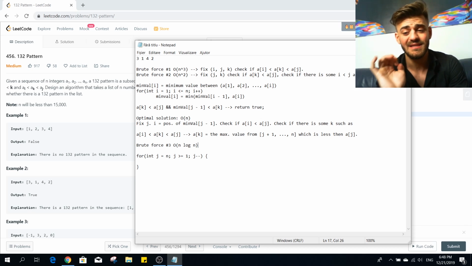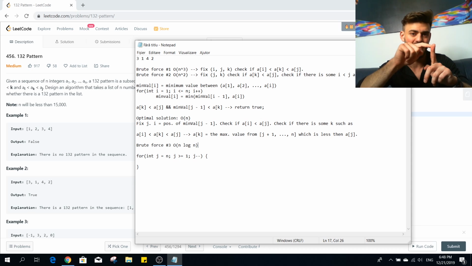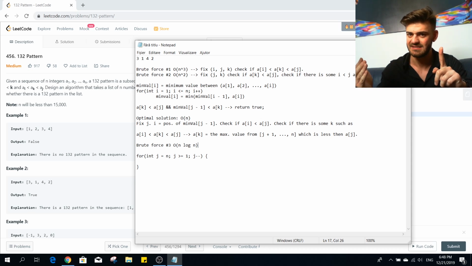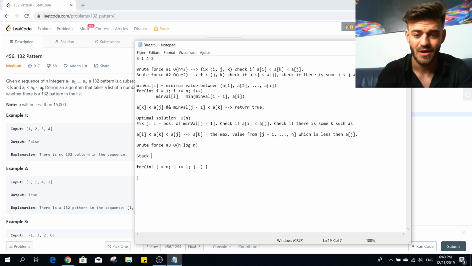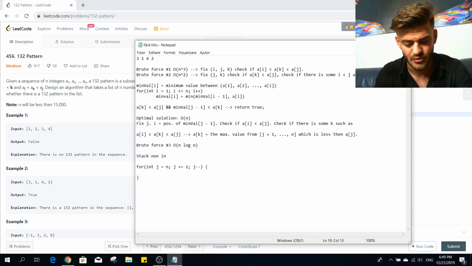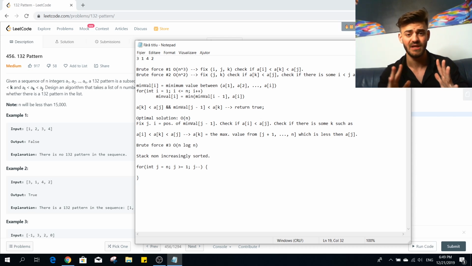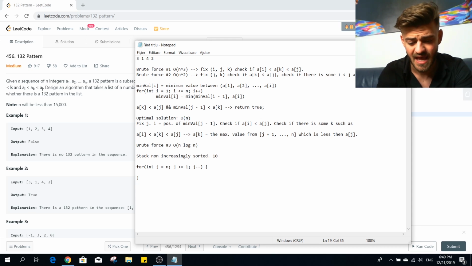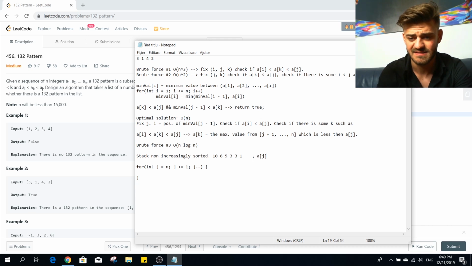what should be the order of our elements in our stack here? Well, we need all the elements which are less than a of j. So when we are at some element, I need to iterate in my stack all the elements less than me. So we are going to have a stack non-increasingly sorted, right? Because if we have our stack non-increasingly sorted, let's suppose it's 10, 6, 5, 3, 3, and 1. When we have some value, let's say when we are at the step aj equals 7, we are